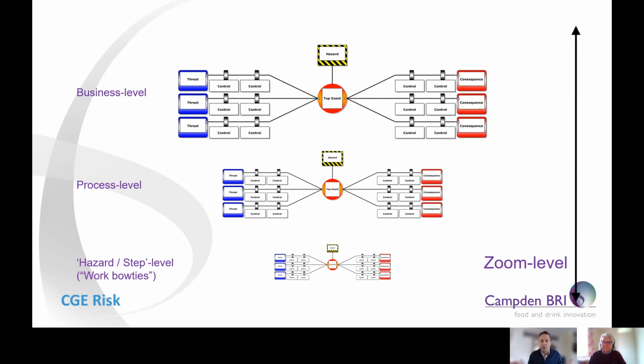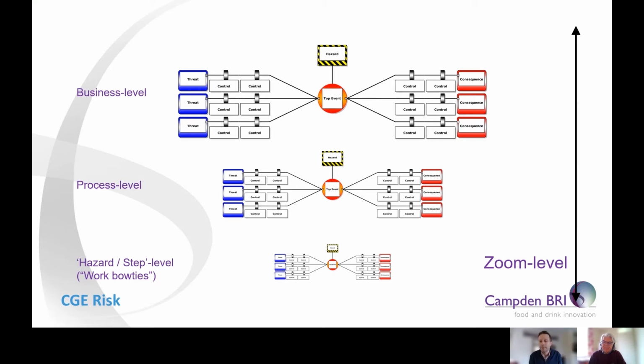But at an individual level, that gives the manager of a particular process line the power to run their process line and understand the risks that they're responsible for, and then maybe go down to some of the key steps and give the individuals involved with those the detail that they need to understand that they're working this effectively. So it's a very powerful tool, as you say, from top to bottom, but also a chaining through the